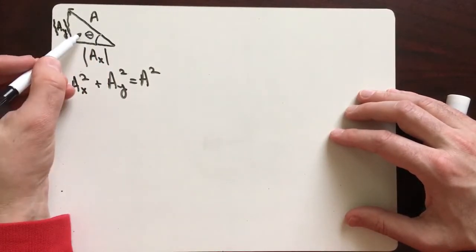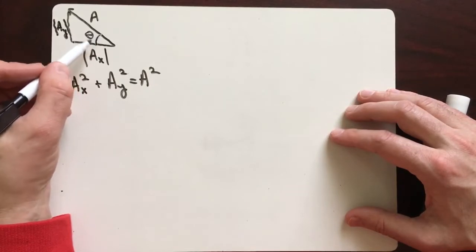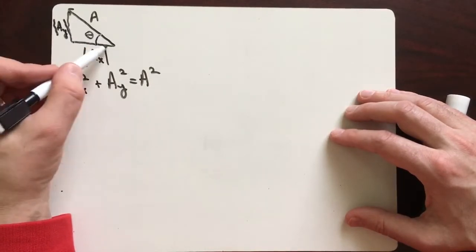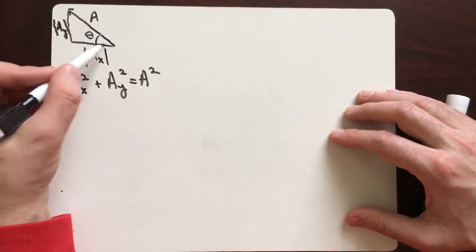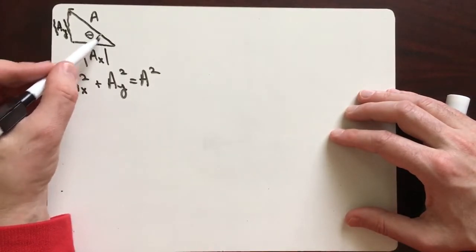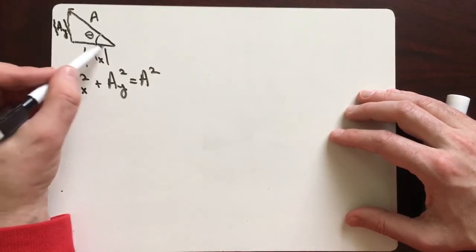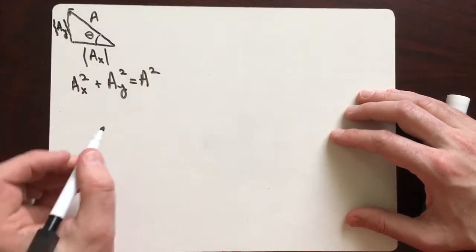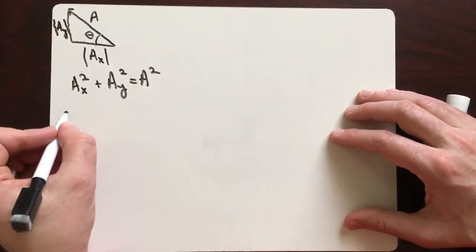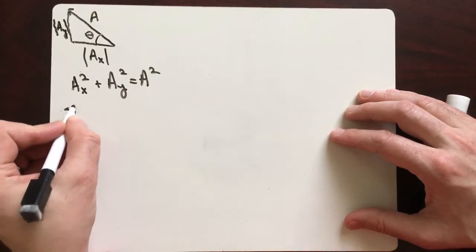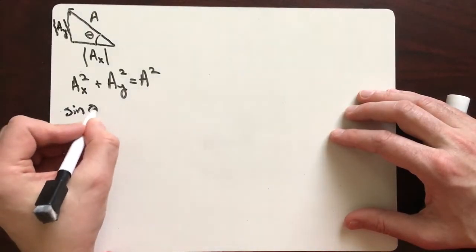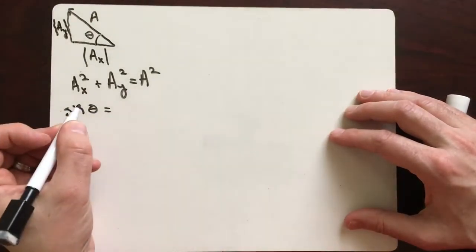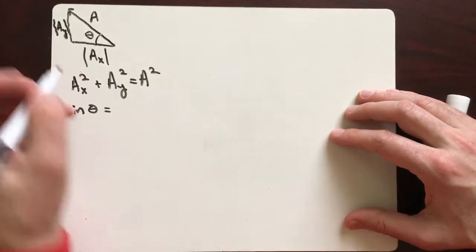If I define this angle theta, notice that it's the angle between the vector and, in this case, our x component, but you might say the horizontal is often how it's phrased. So this is the angle between the vector and the horizontal, theta. Okay, well, so I can talk about the sine of theta. If I talk about the sine of theta, that has to be the opposite